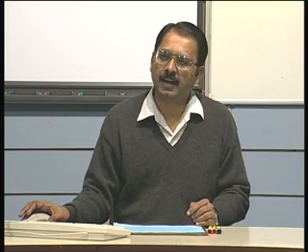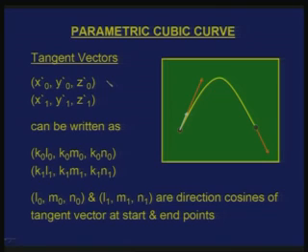In fact, they are related. The direction of a tangent vector is the same as the direction represented by the direction cosines, but they differ in terms of magnitude. You can say that the tangent vector has L0, M0, N0, which represent the direction cosines, multiplied by a scalar value k0, which defines the vector that is trying to define the curve. Now, this k0 is important.